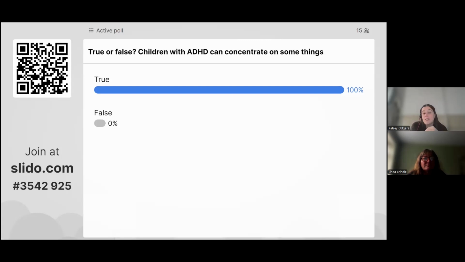And actually, we know that for some children with ADHD, they may concentrate too much on one specific thing, kind of forgetting about all the other important things that they needed to do. So an example of this might be a young person with ADHD saying, I'm going to go to my room, I'm going to go and get changed. And actually, when they go to their room, they find a book or maybe something else they're interested in, and they get totally engrossed in that story, completely forgetting that they need to get changed and ultimately making themselves late for school. So we can see how that can cause difficulties as well.